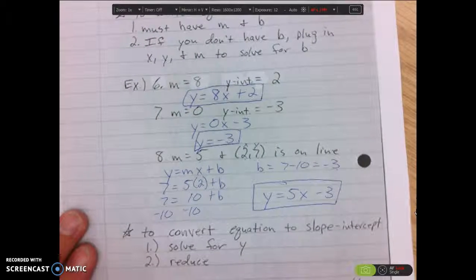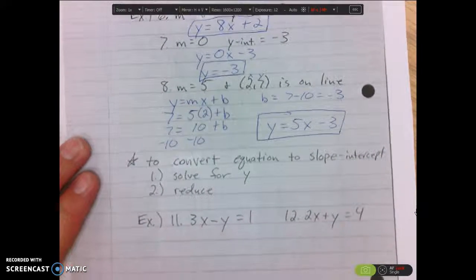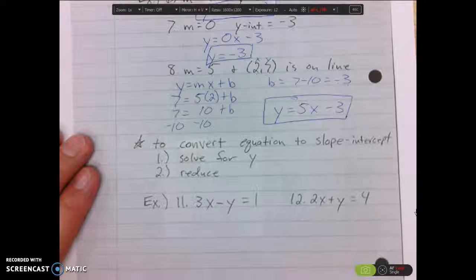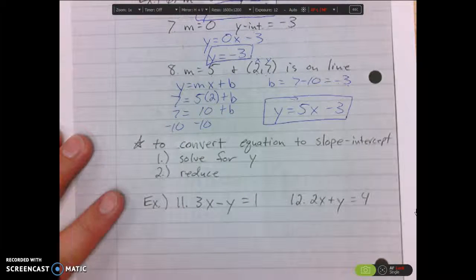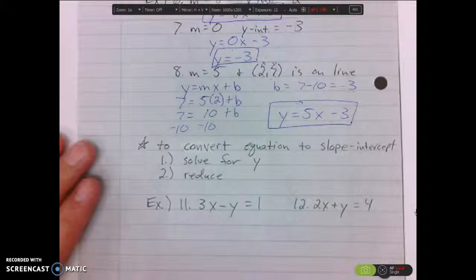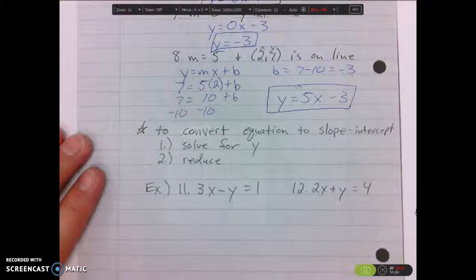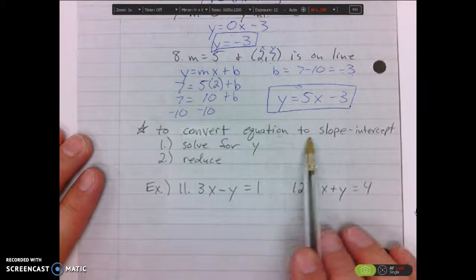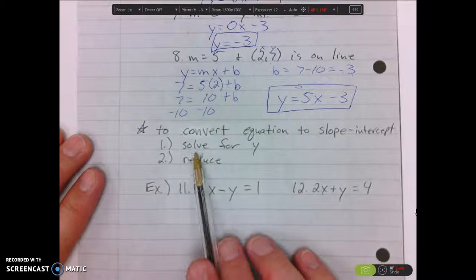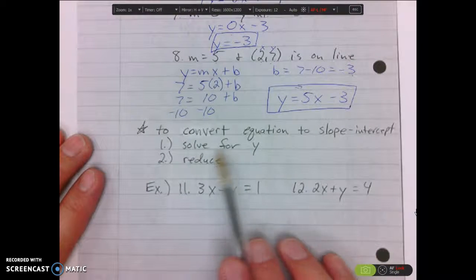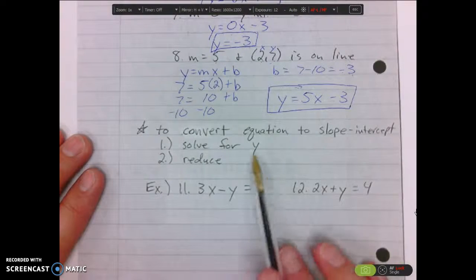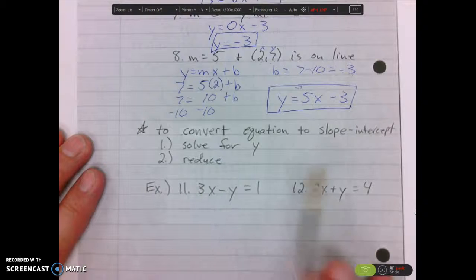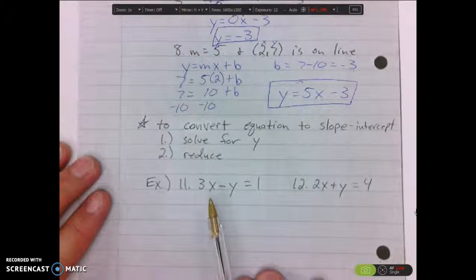The last thing is either finding the intercepts, the y-intercept and the slope, or graphing. And in these equations, you don't always have it solved for y. So to convert an equation to slope-intercept form, remember the first thing you need to do is solve for y. We did this lesson prior where we had to solve for a particular variable. Same thing here. We're solving for y on these problems, and then make sure you reduce. So this first example,